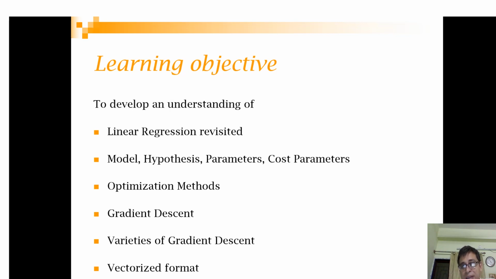We'll look at linear regression first, more in terms of how to find the parameters of a linear regression model. We'll look at different terminologies like model, hypothesis, parameters. We will look at different optimization methods, how to find the best model. We look at gradient descent in that context, look at its various varieties, and then finally we look at whether